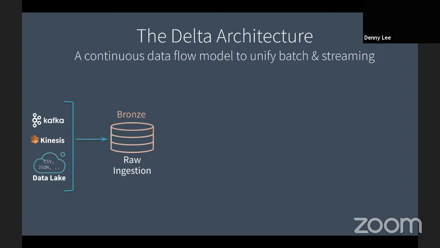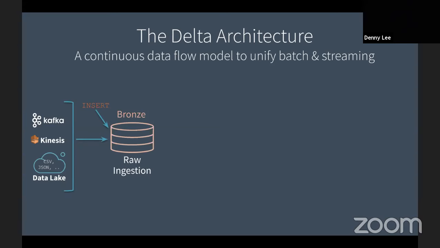Included with this is a concept that we call Delta architecture. When you design your systems, you want to make sure that there is a continuous flow model that allows you to unify batch and streaming. How you do that is you start with your source and you build, in essence, what we deem as a bronze table. This is raw ingestion. This is similar to how you traditionally use your original data lake. You dump the data in there and you're basically good to go. That's how you start off. It'd be equivalent to saying, I'm doing lots of inserts to the data.